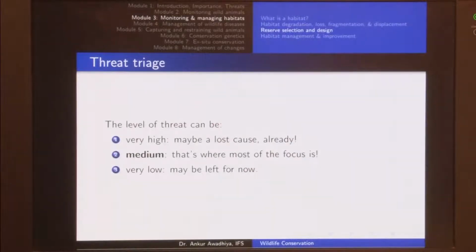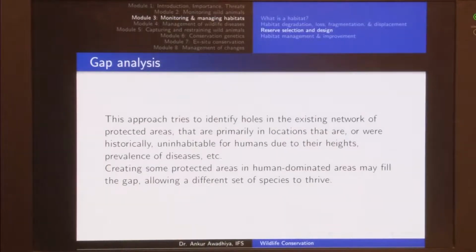Another way of deciding where to have our reserves is gap analysis. Now, gap analysis is an approach that tries to identify holes in the existing network of protected areas that are primarily in locations that are or were historically uninhabitable for humans due to their heights, prevalence of diseases, etc. So, what it says is that historically we have constructed our reserves in those areas which were not suitable